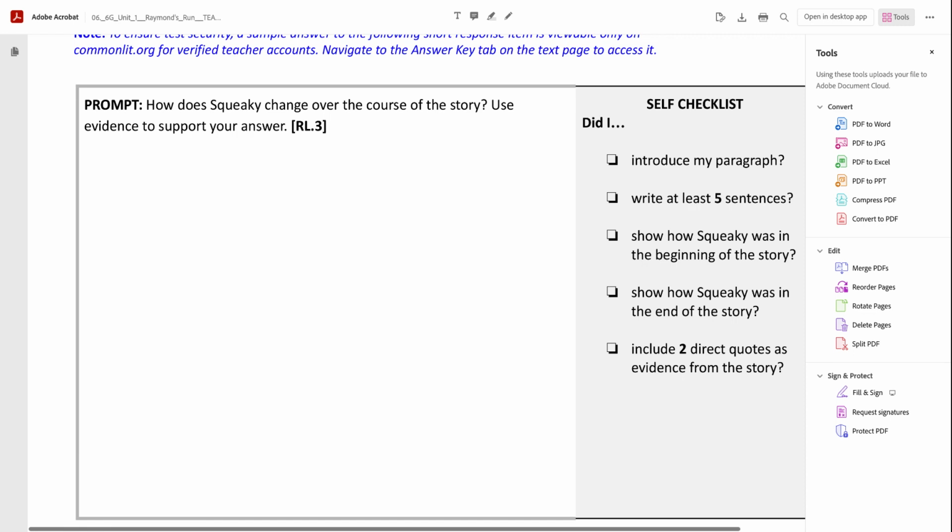Squeaky also changes her opinion of Gretchen at the end of the story. This is a little transition. Now I'm explaining how I'm going to talk about Gretchen. For most of the story, she sees Gretchen as her rival. So this talks about how she feels at the beginning. So I'm going to highlight this in blue again.